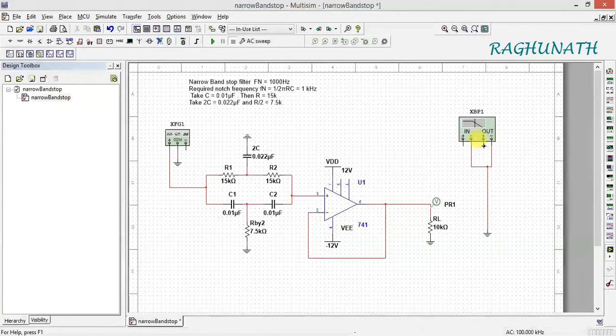and output should be connected to this voltage pointer. You can remove it.